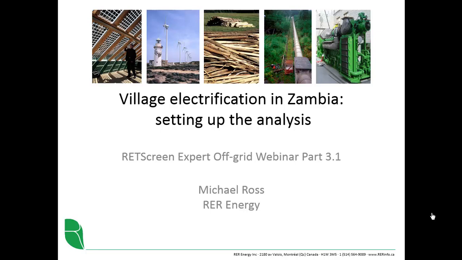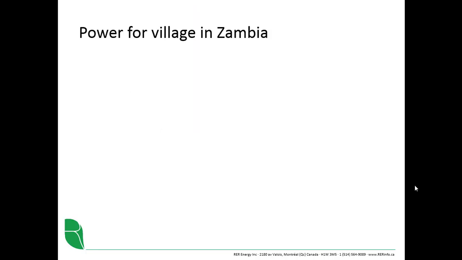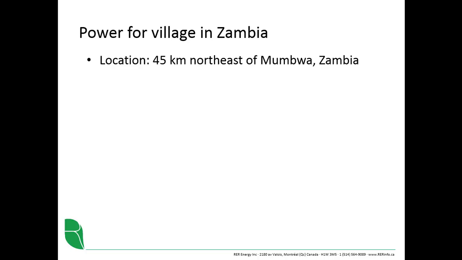In this third part of this video series, we will look at a third application of RedScreen's off-grid battery storage model. Here we'll be looking at village electrification in Zambia, and we'll start out by setting up the analysis. So the idea here is we work for a utility that needs to provide power to a village in Zambia, Africa. The location is going to be 45 kilometers northeast of Mumbwa, Zambia, and I should tell you that I've